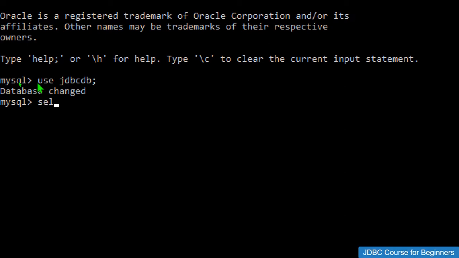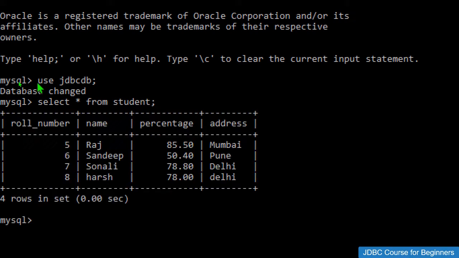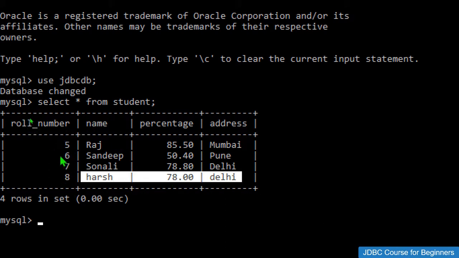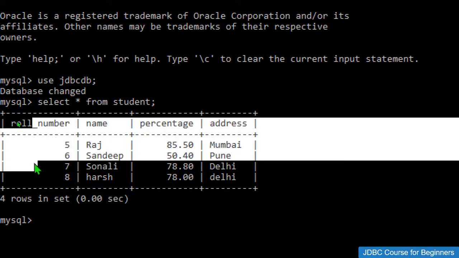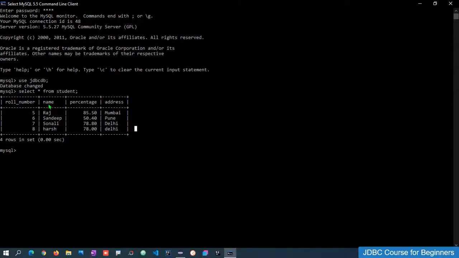In that we have the table student. So let me select star from student. Whatever record we have inserted right now is present in this table, and this roll number is automatically generated by MySQL because the roll number is the primary key. So this is an auto increment column, so we don't need to worry about this one.